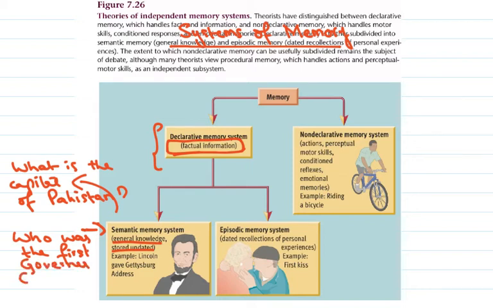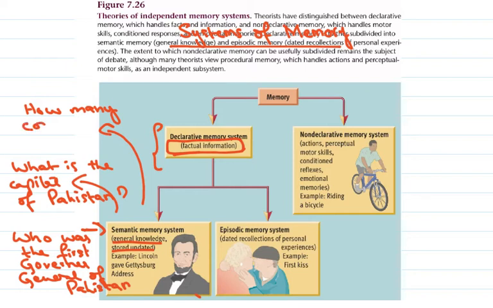All sorts of such general information is part of your semantic memory system. Again, you would have how many continents are there in the world? All such questions would be part of the semantic memory system. Then you have the other branch, which is the episodic memory system,